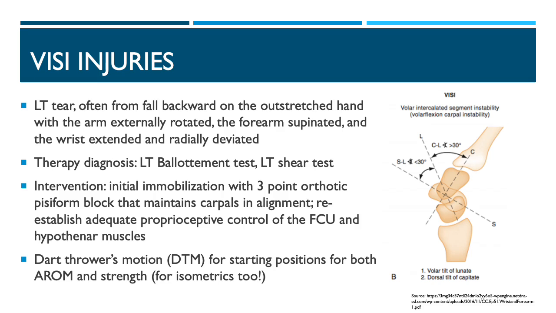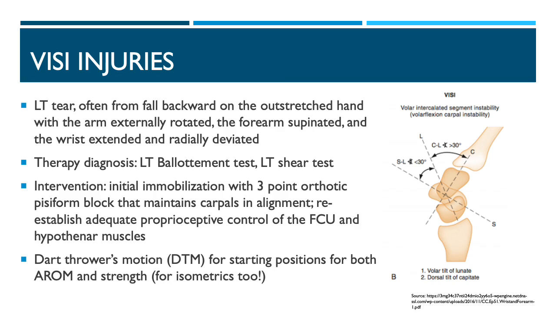It doesn't put the ligament back in place, but it at least is really good for managing pain. What you also want to do is reestablish the proprioceptive control. So very similar to what we talked about for the dizzy injury, only the muscles that you want to focus on now are the FCU and the hypothenar muscles can really help